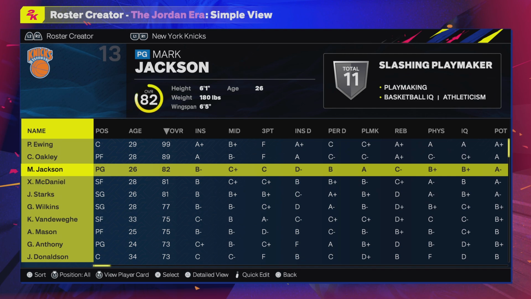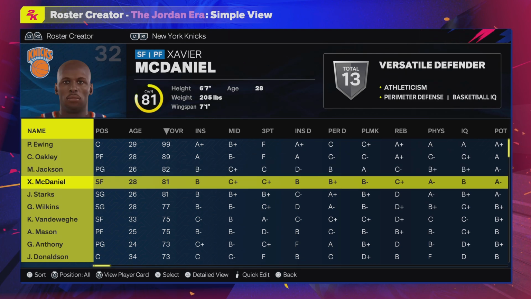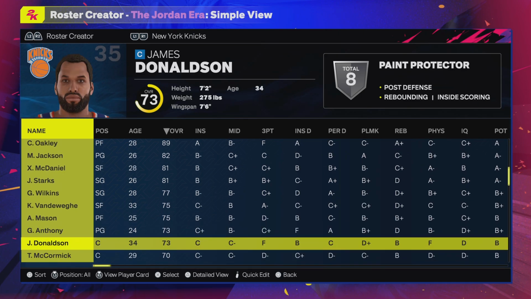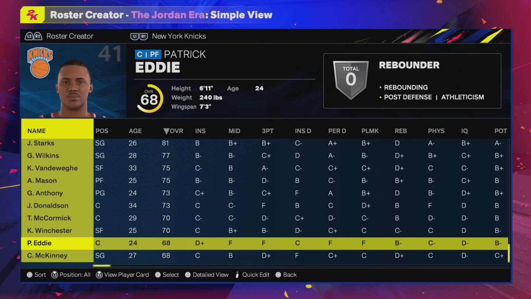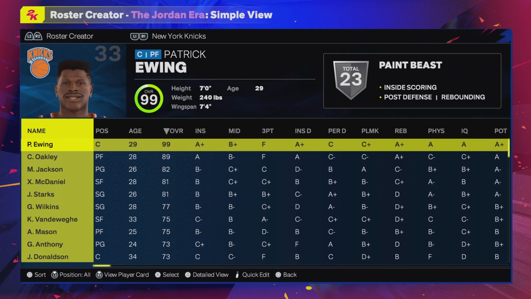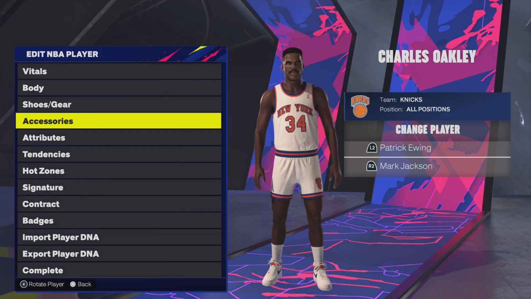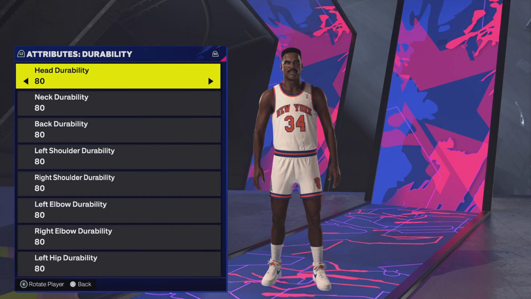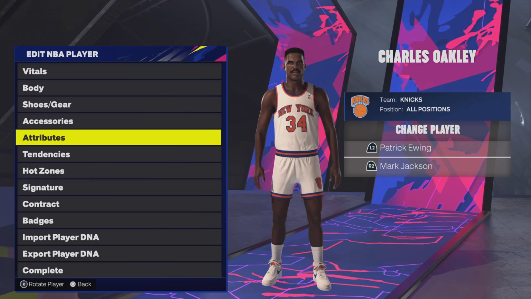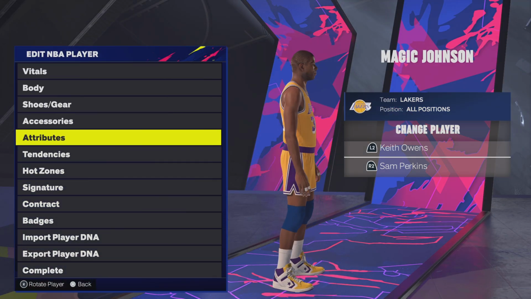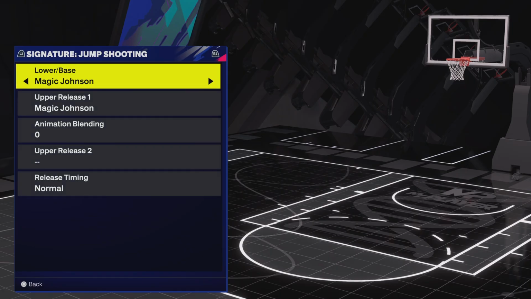But like I said, this is originally an MJ Wizards roster. I just tweaked it a lot. Went through, added some of my own renders in. I went through and did my own editing, like attributes, positions, speed, tweaking the ratings to my liking. So yeah, I really hope y'all enjoy it. You could take the injuries off, but I promise you,